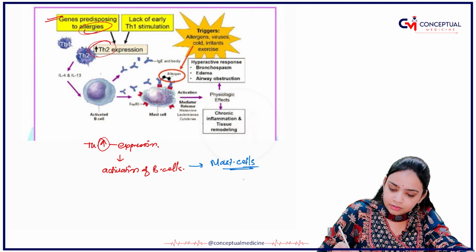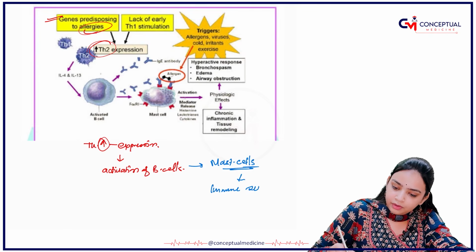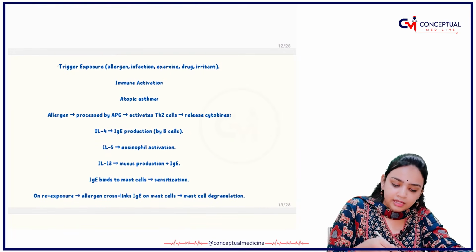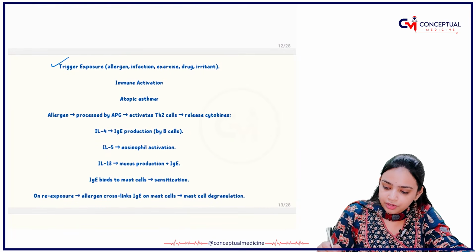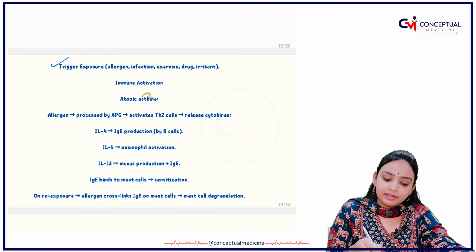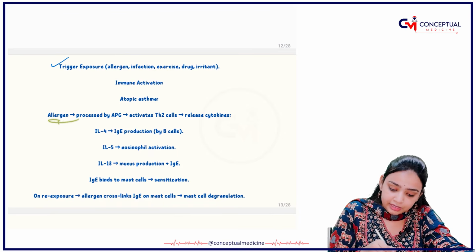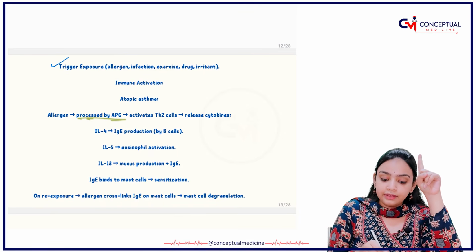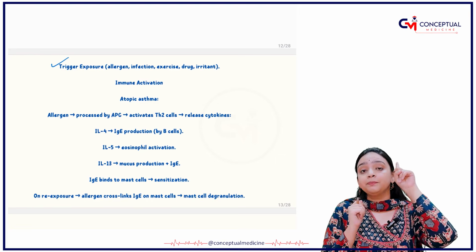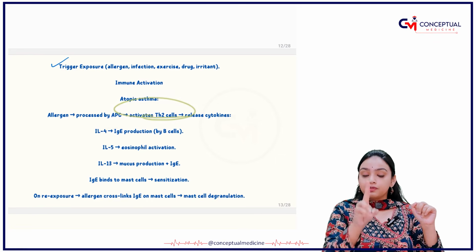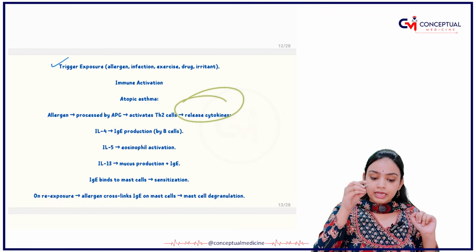And the immune system of the person will get weakened. See this. Firstly, there is trigger or exposure to allergens or infections, then the immune system gets activated. There is atopic asthma, that is, firstly there will be allergens that will come into the place, then they will produce the APCs,